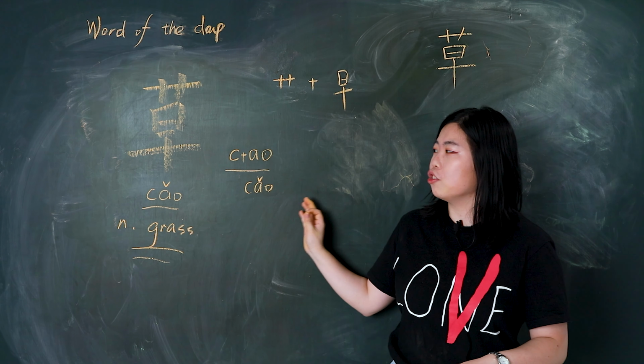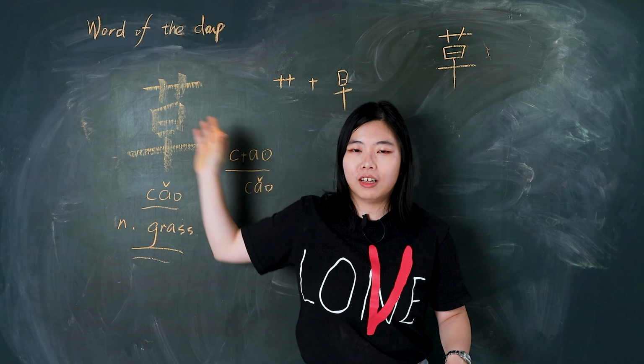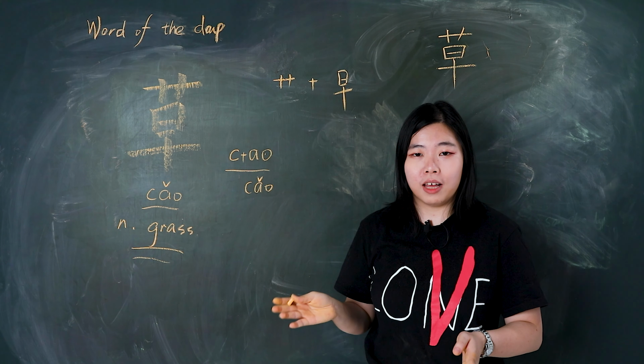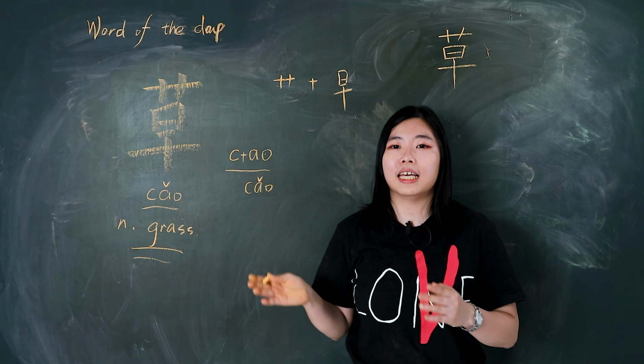Okay, now Sunny will teach you a special use of 草 If you want to say a guy is the better looking one in the school or in a classroom, how you say it? In Chinese, we can say the better looking guy in school, we say 校草 校 means school, right? 校草 And the better looking guy in classroom, we say 班草班草